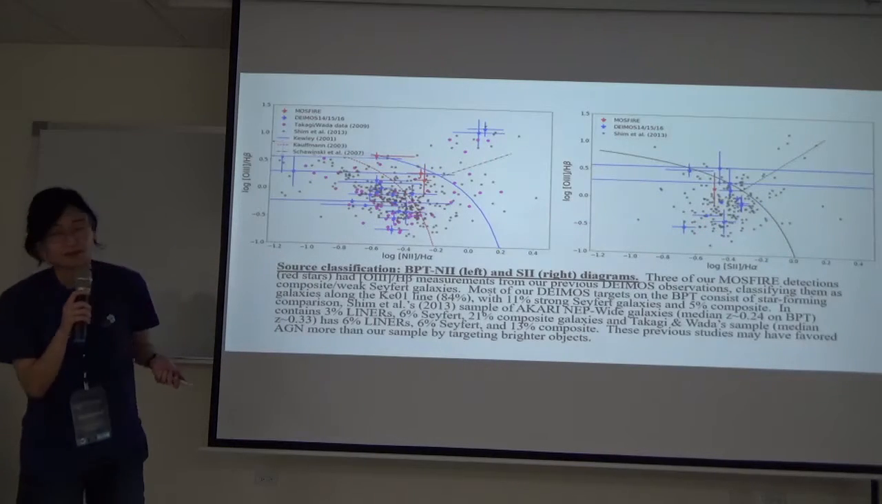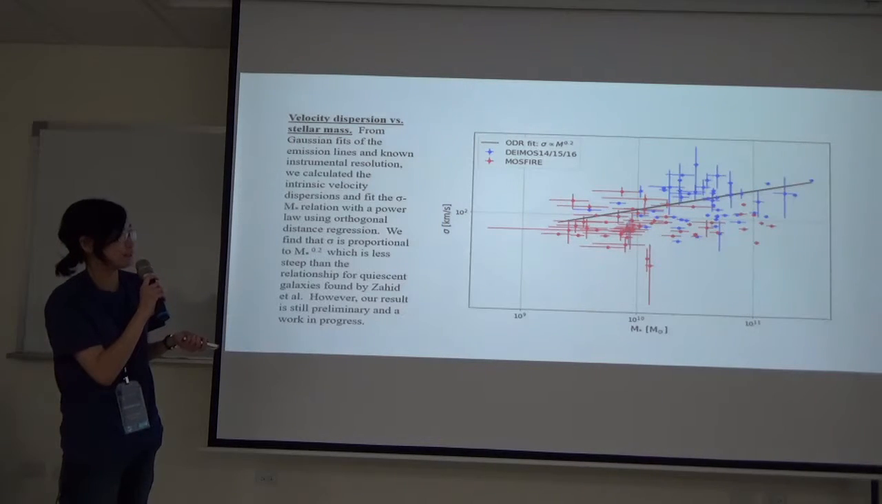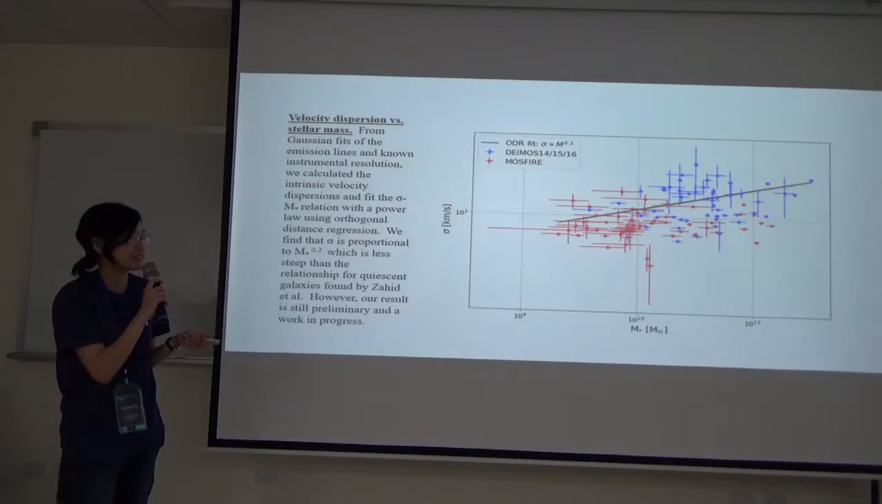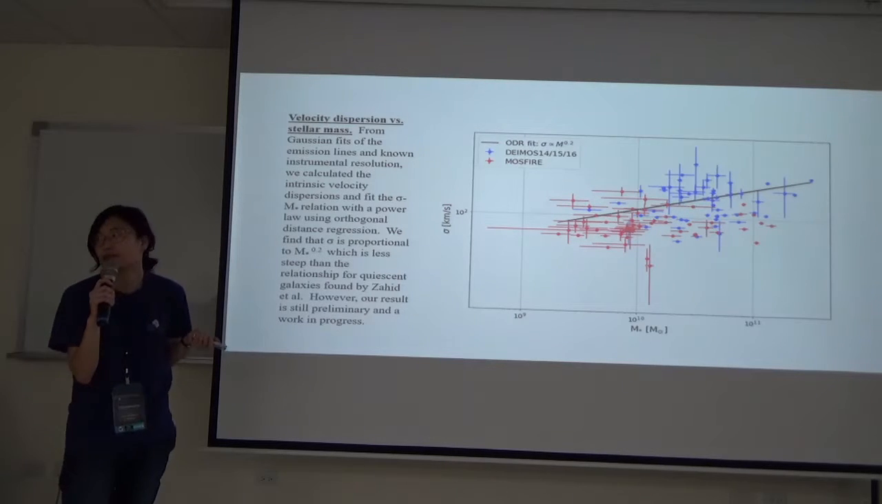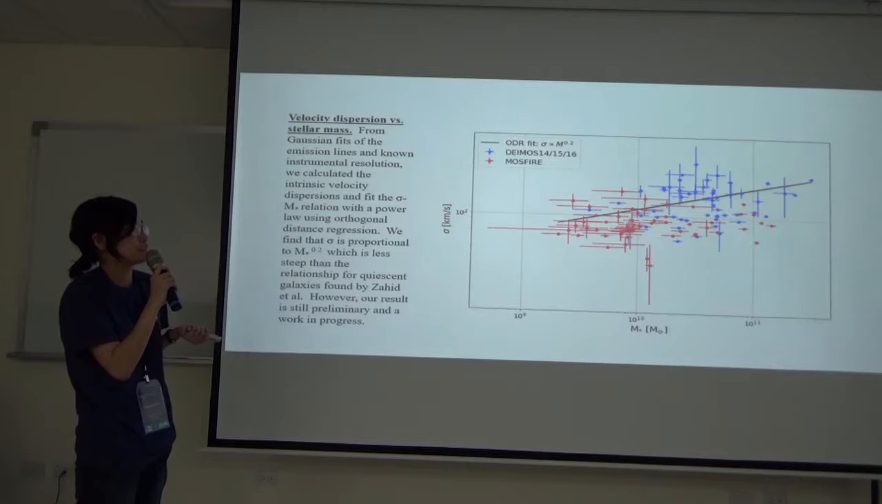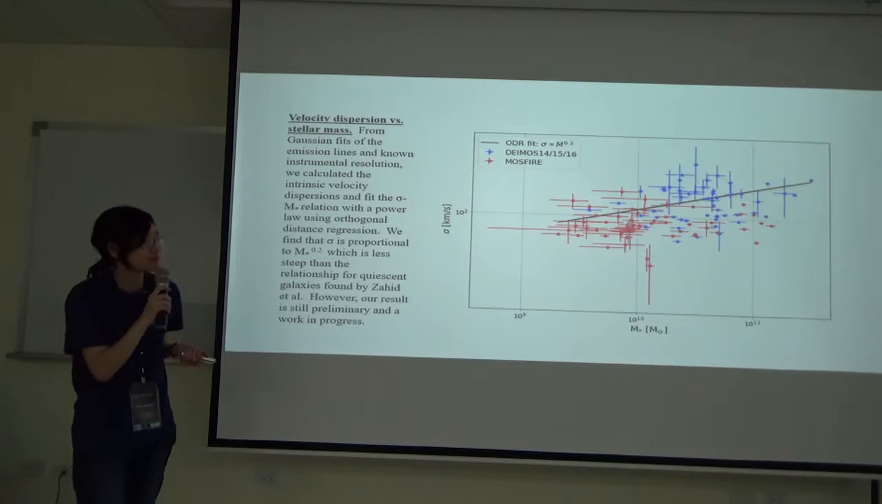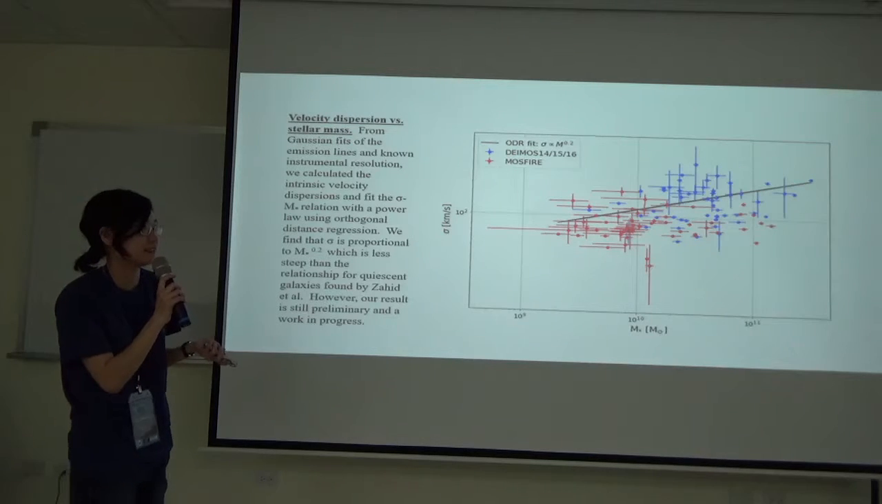So sigma is from which line mostly? The sigma for the MOSFIRE detections is mostly from H-alpha, but also from N2. And for DEIMOS, sigma can be from H-beta, O3, H-alpha, N2, and also the O2